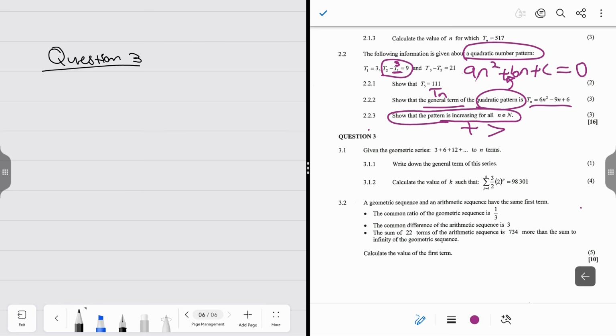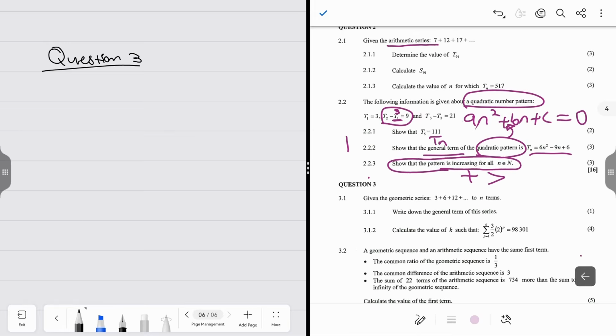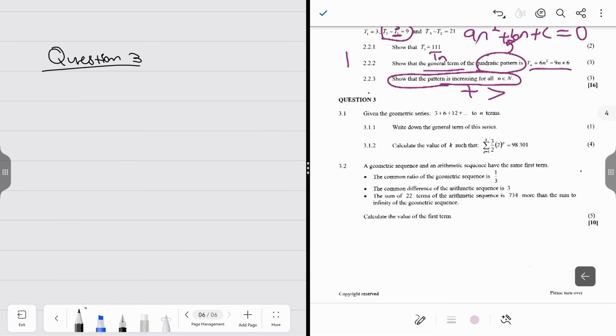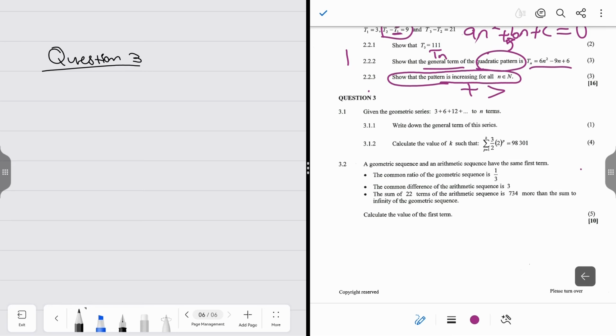There we're talking about linear, and we also spoke about linear. Arithmetic is our linear one, and we spoke about quadratic, which is this one. But now if you check on the next one, you will see that they are now talking about geometric. So that is another type of